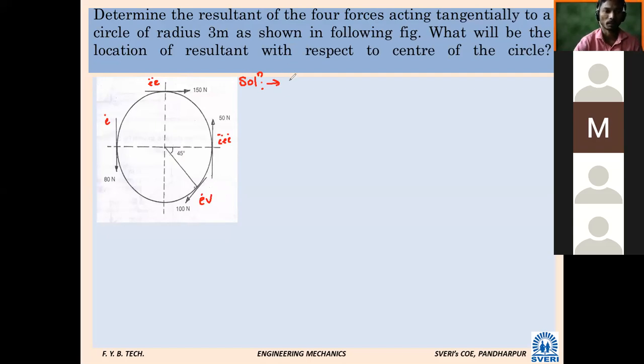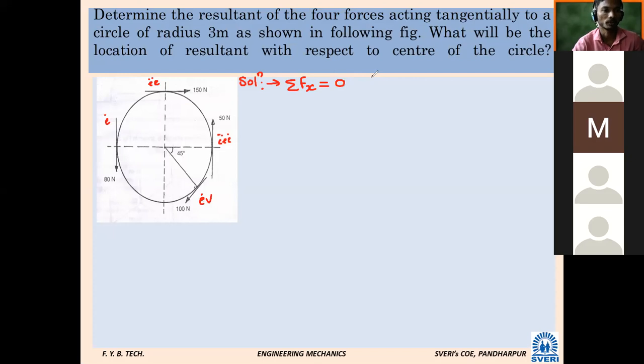So first, what is our task? Carefully now, summation Fx. We have to consider only the x component of all the forces and add. So what will be the x component of force number 1? One force is 80 Newton, which is vertical, downward. 0, sir. At this stage you should not be in confusion because we are at the last step of this chapter. It will be 0 because it is a vertical force.